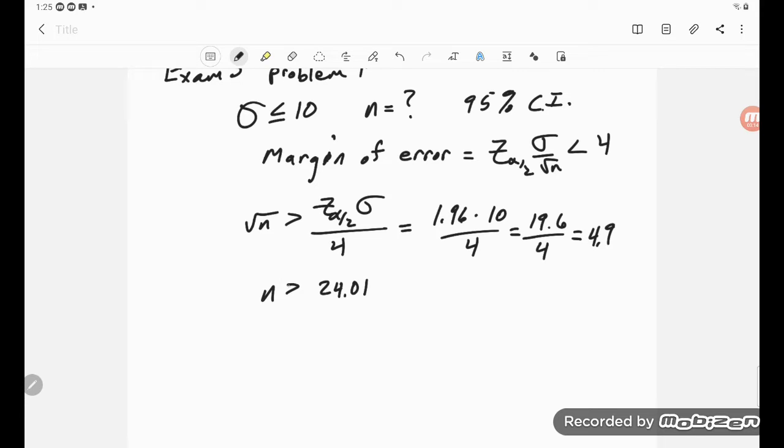Now, here's the thing. I gave people credit. If you came up with this answer and you said n greater than or equal to 24, I gave it to you. But technically, you didn't make it if you were at 24 because this is 24.01. So really, this should be n greater than or equal to 25. Okay, so you come up with this kind of answer if you use z. Again, I gave it to you if you said 24, but